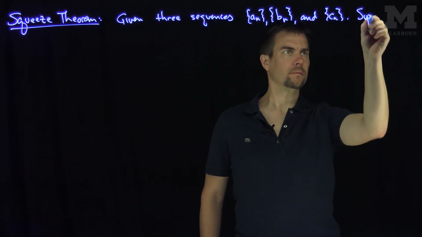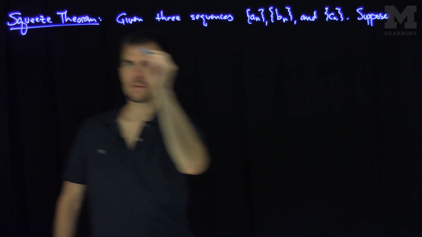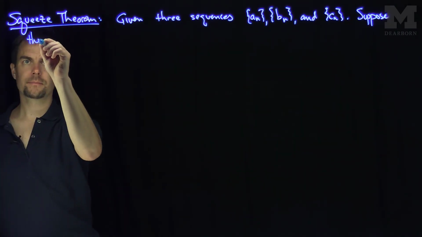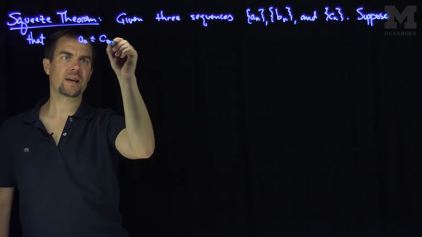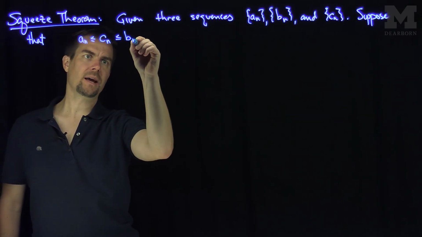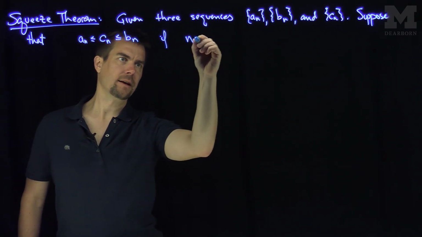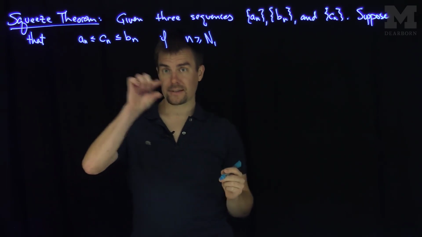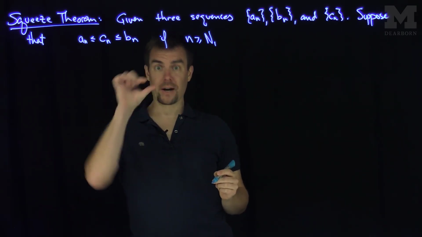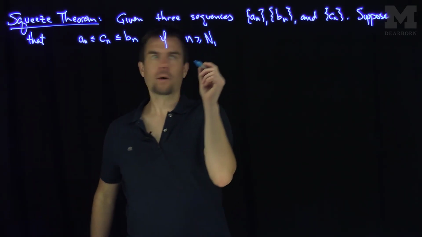suppose that we have the following inequality, that a_n is less than or equal to c_n is less than or equal to b_n if n is bigger than or equal to n_1. So eventually, the a_n is less than the c_n and the b_n are bigger than the c_n. And suppose